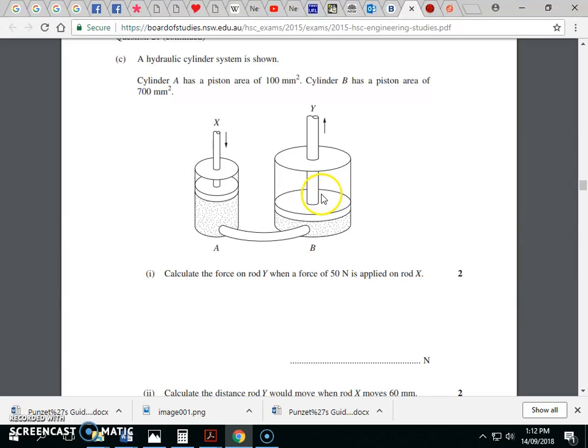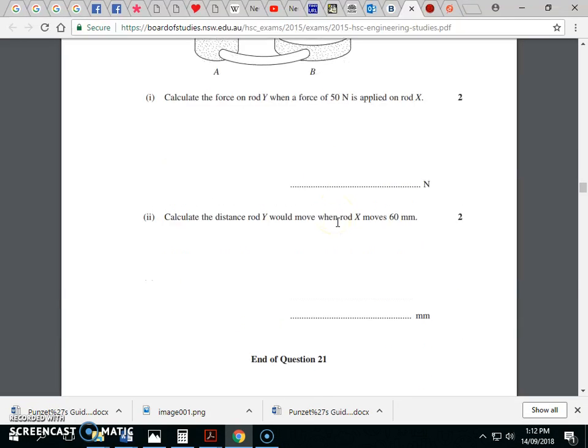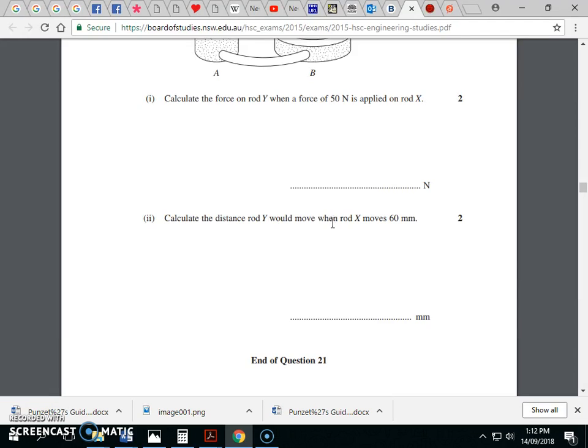So that means that for every newton we apply on X, we're going to get 7 newtons out of Y. So if we get 50 newtons and we multiply by 7, it's going to be 350. You can also do F over A is equal to F over A for each distance. Absolutely. Now, if you wanted to, rather than using the velocity ratio, using the area ratio is equal